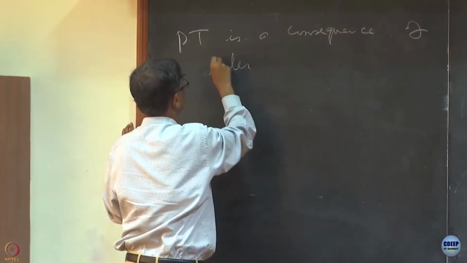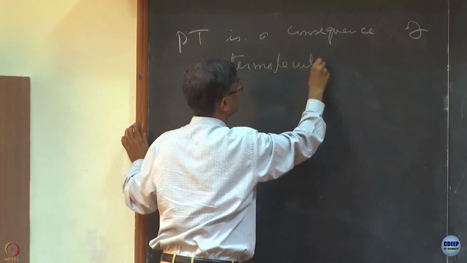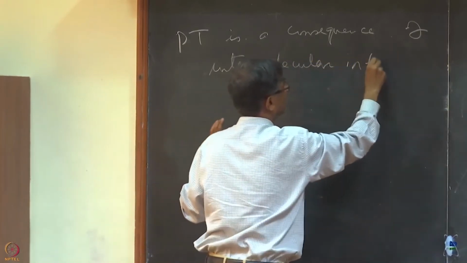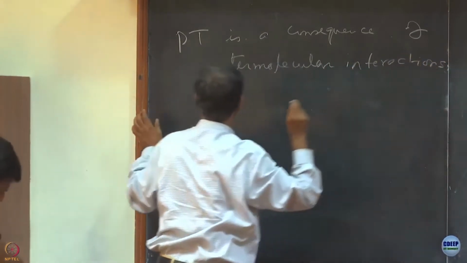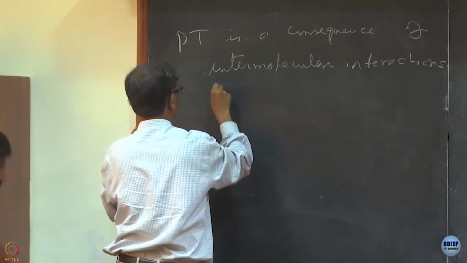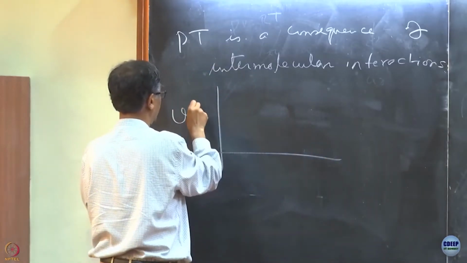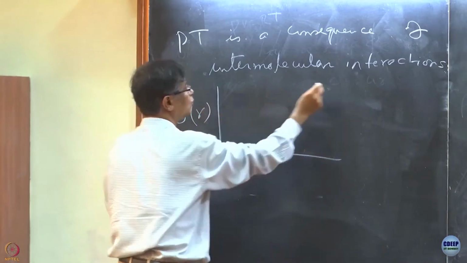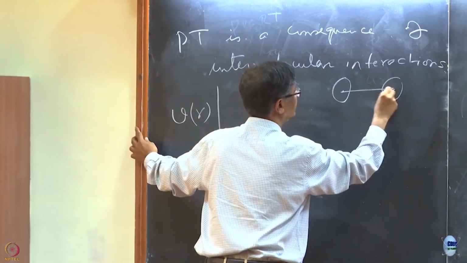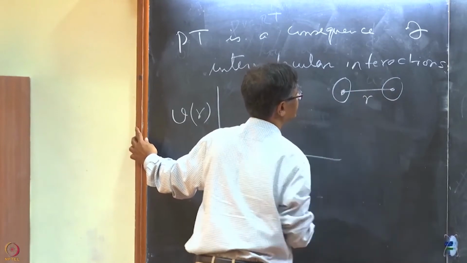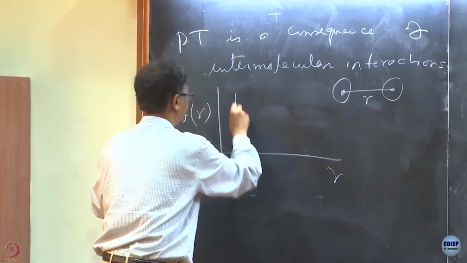Actually, everything interesting is in intermolecular interactions. So, let us first define what I mean by intermolecular interaction. The simplest one, or one of the simplest ones, is the intermolecular interaction V(r), where r is the separation between two molecules. I have the simplest thing in mind. There are two molecules, and r is the separation from center to center. V(r) against r, and I have,